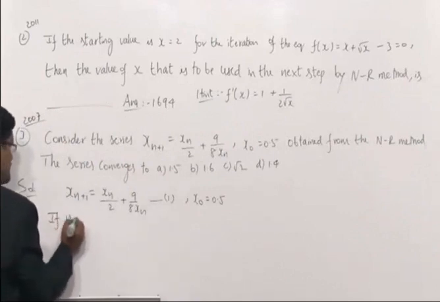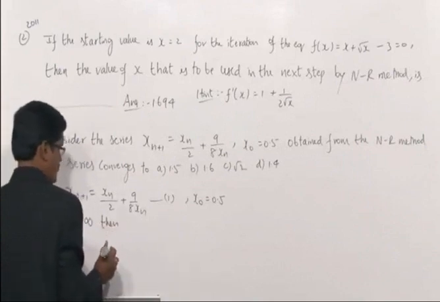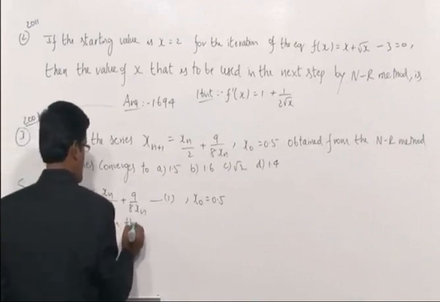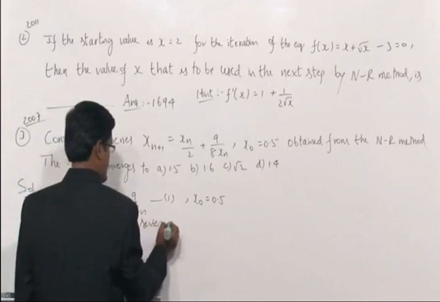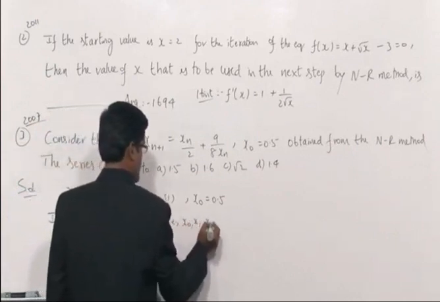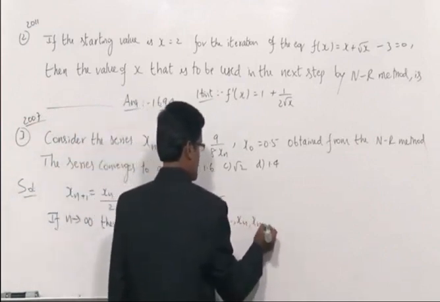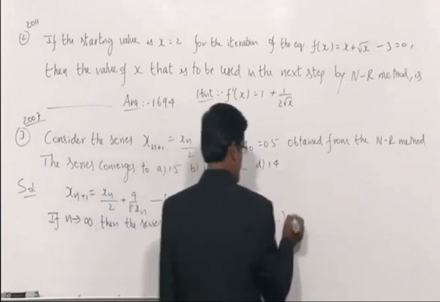If n tends to infinity, then the series x0, x1, x2, so on, xn, xn plus 1, so on, converges